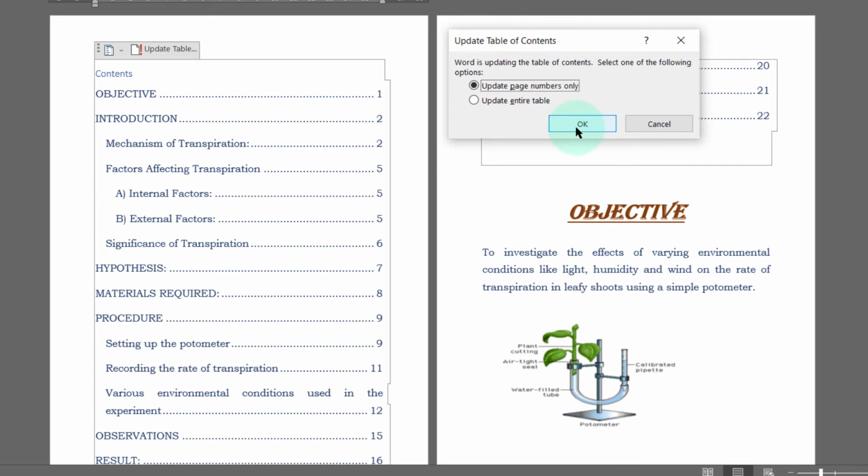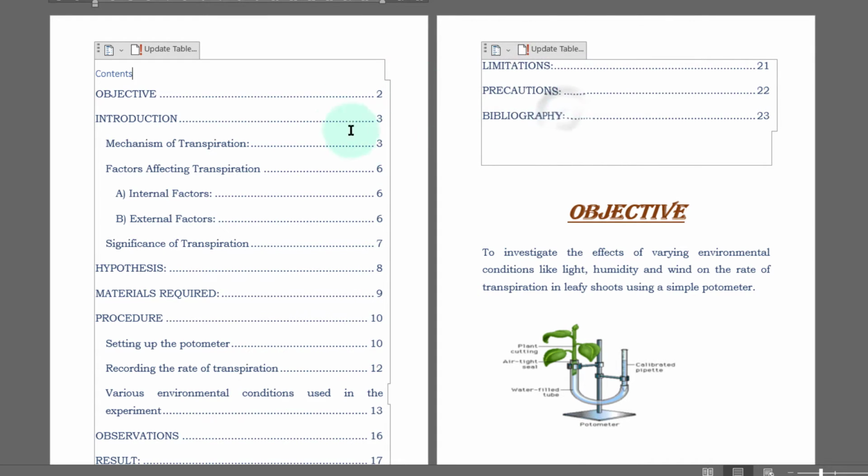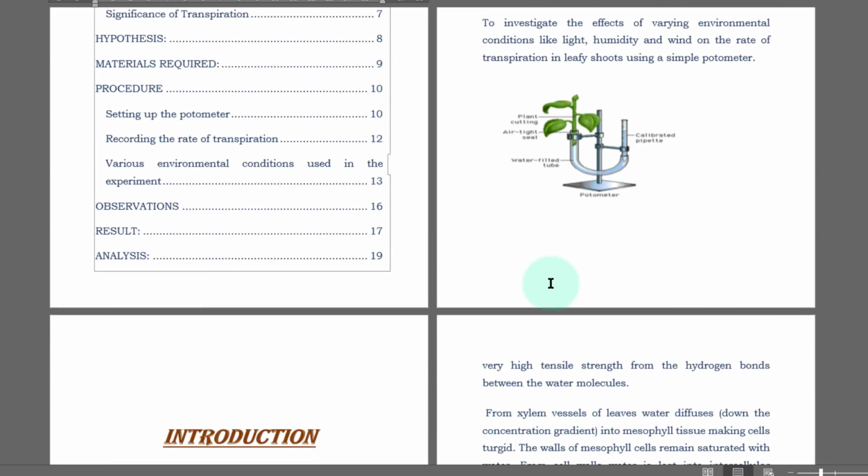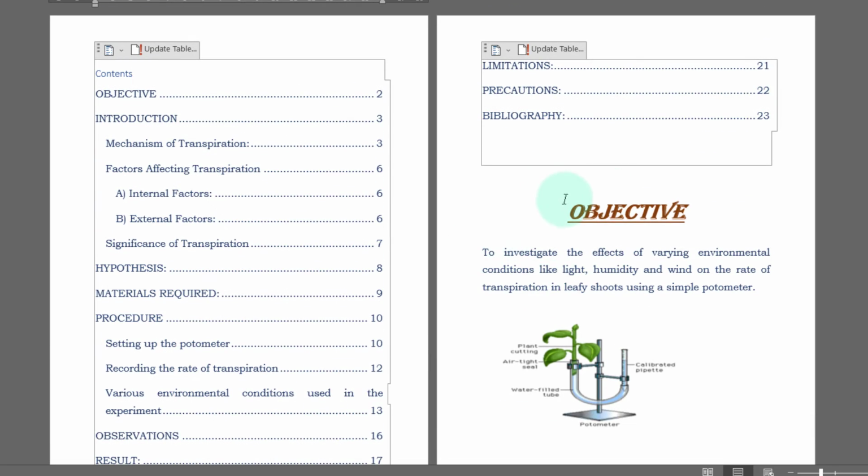Watch it, when I click OK, that moment the page numbers will change. The first one is page number 1, and the second, Introduction, is page number 2. That will get updated. So now you can see page number 2, page number 3, and so on and so forth. It gets updated in real time. So that is one simple way to update the page numbers of the entire table.